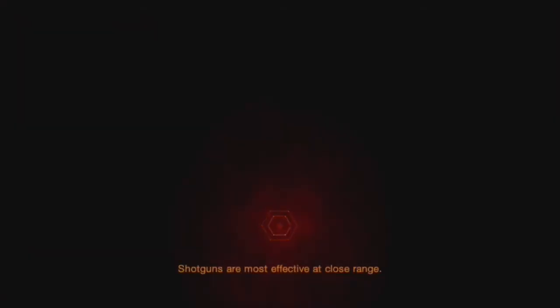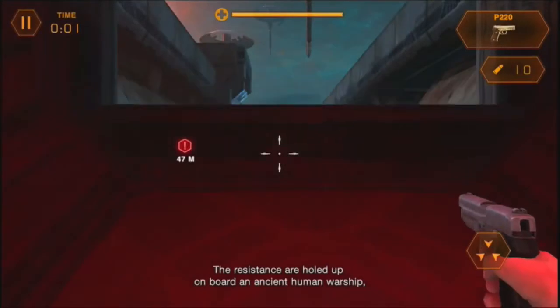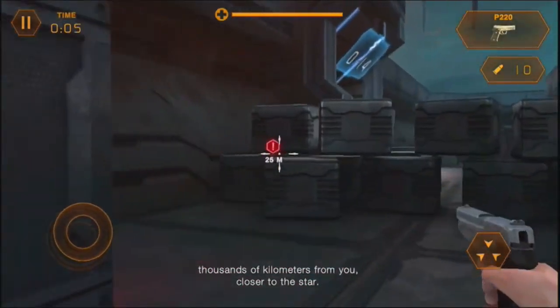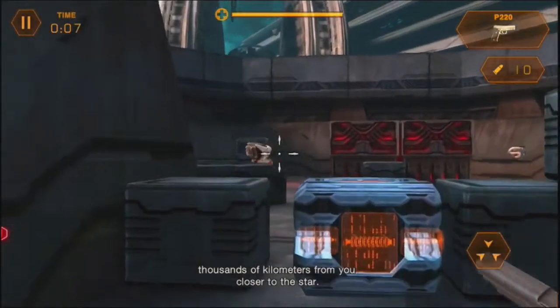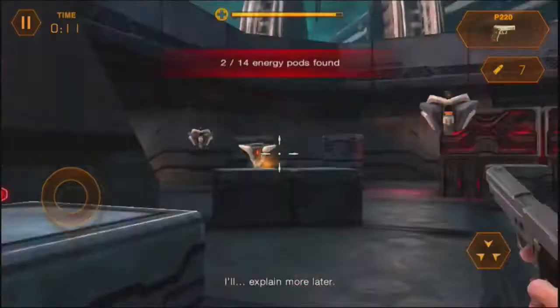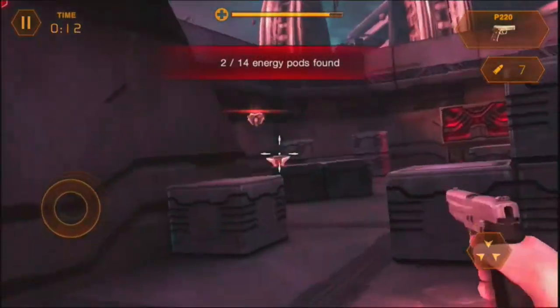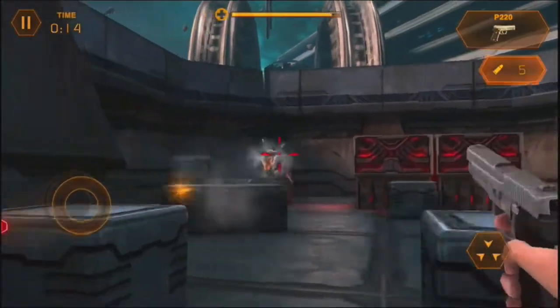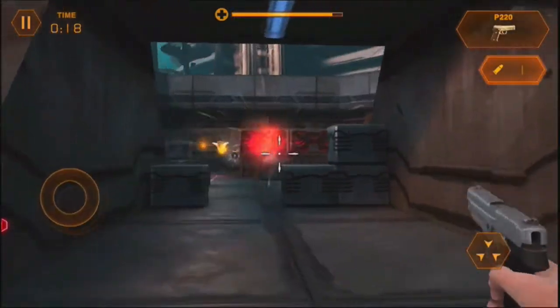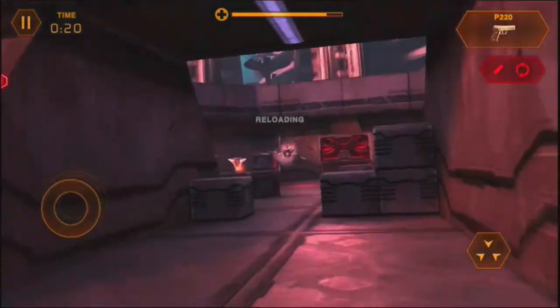Anyway, it's a sci-fi game. The storyline is about how there is one star left in the universe, and everybody is crowded around it, and that's giving you some problems. I don't know what these energy pods are. I think you just have to find them. And the levels are generally the most boring thing in the world, just wandering around these very uninteresting